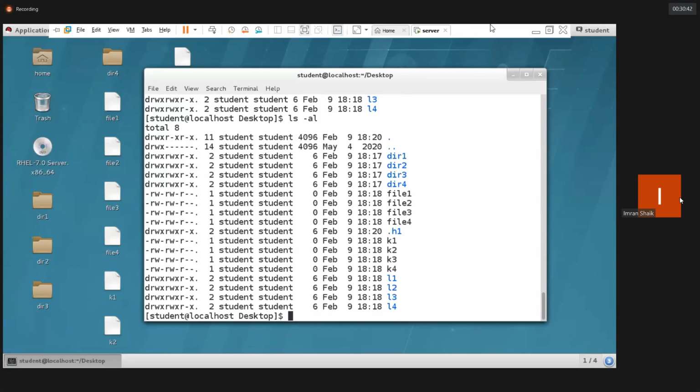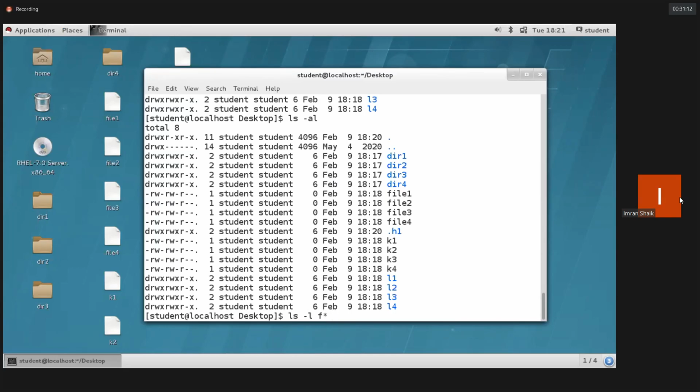So how to create hidden directories and hidden files, I hope you know now. We need to keep the dot in front of the file name, then it is going to hide. To see hidden directories and hidden files, we should execute the ls -al command. Clear? Now my intention is to filter files with starting letter f only.